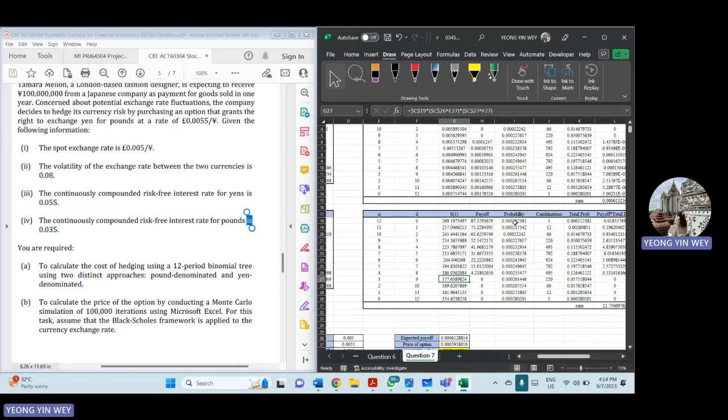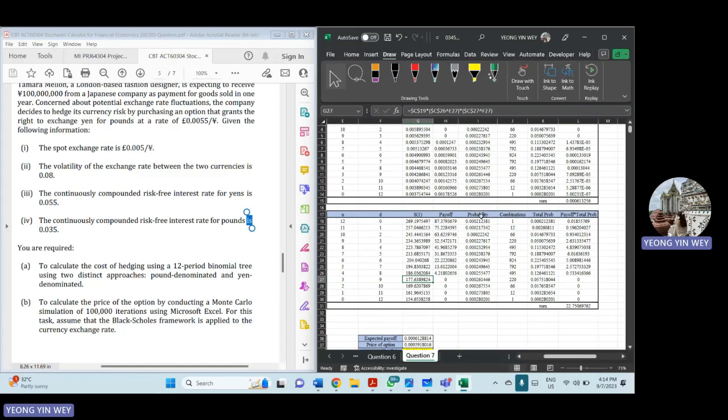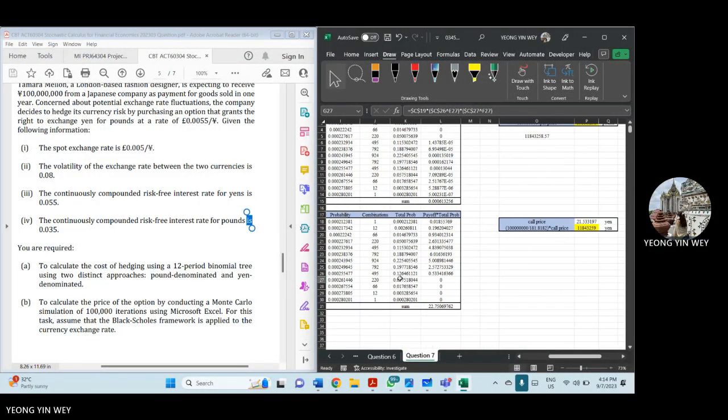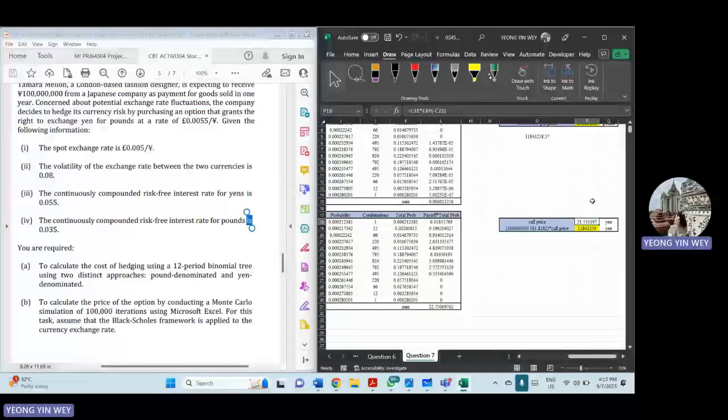Then we can calculate the probability, the combination using factorial, the total probability. All of this we have discussed already in question 6, and we times the payoff with the total probability to get the payoff. Then we sum them up, and then we discount back to time 0 to find the call price at time 0. Okay, this one is 21.533197 yen